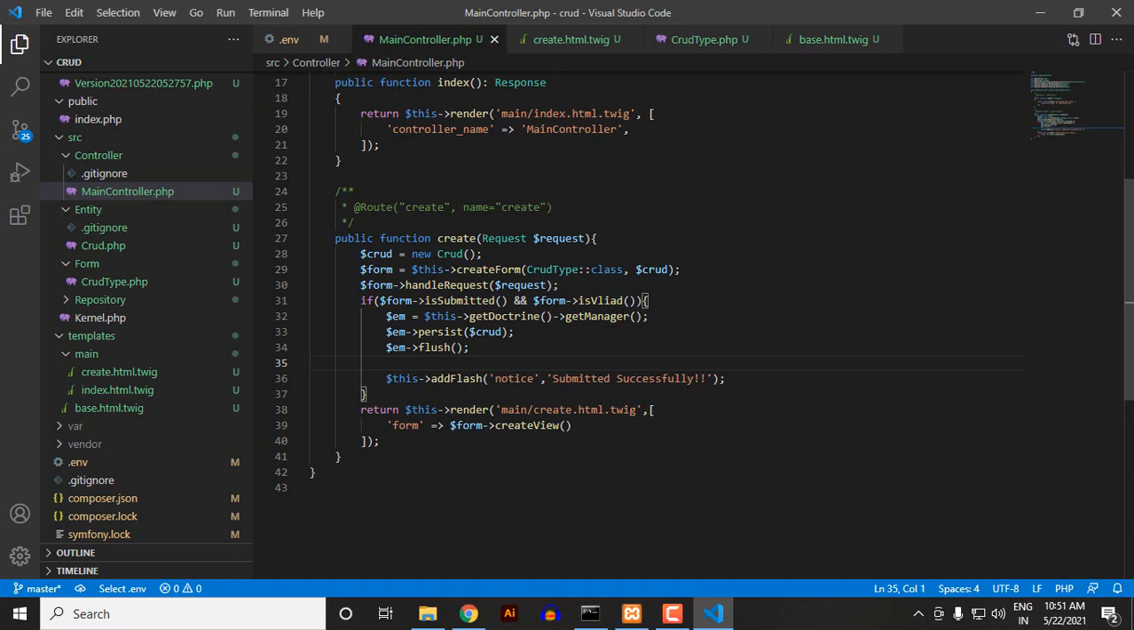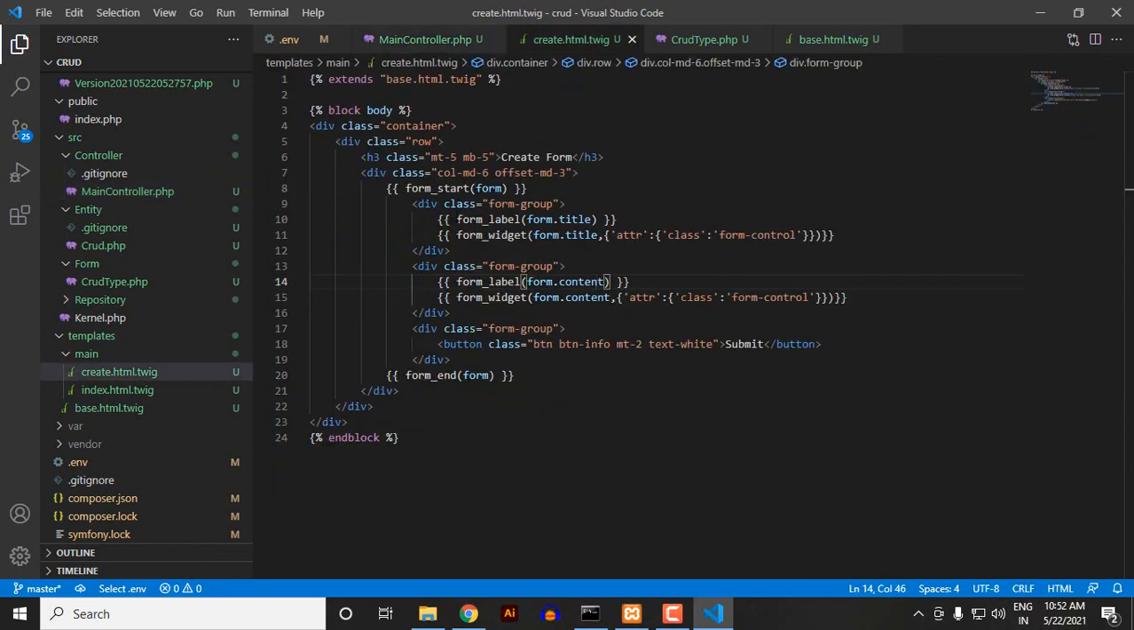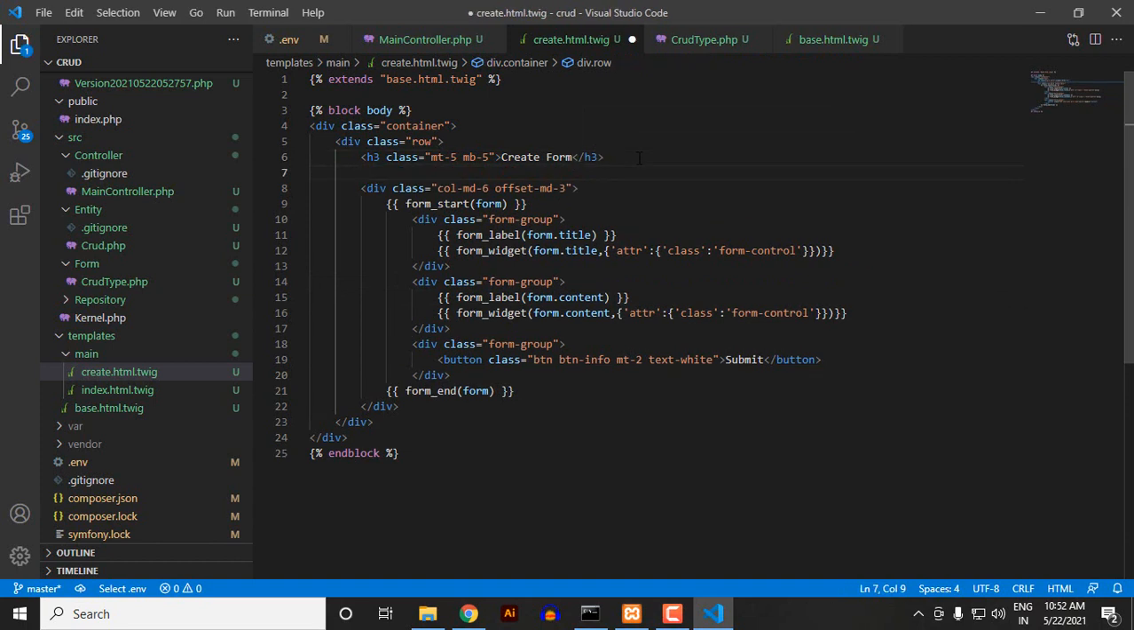If we give this notice to each and everywhere, then there might be chances where the wrong message will be rendered. I've seen this quite a lot, I'm telling this from my experience. So after all this is done, we need to display this message, successfully inserted. After the create form, here we need to display